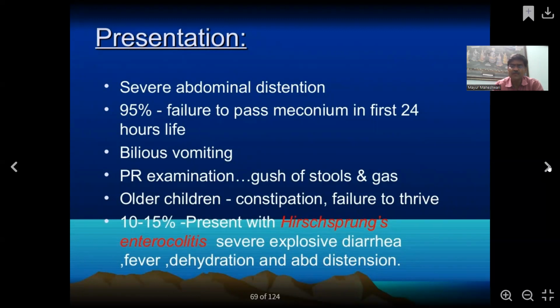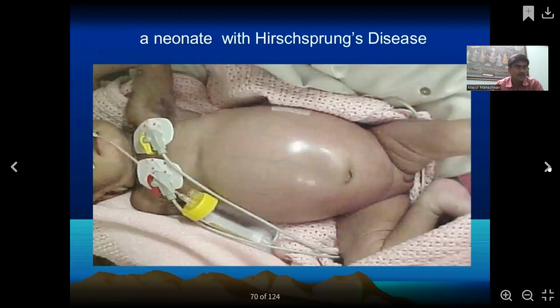In 15 to 20% of patients with Hirschsprung disease, they present with enterocolitis, that is severe explosive diarrhea, fever, dehydration, and distension of abdomen. So this is a neonate with Hirschsprung's disease. You can see the abdomen, distended abdomen,